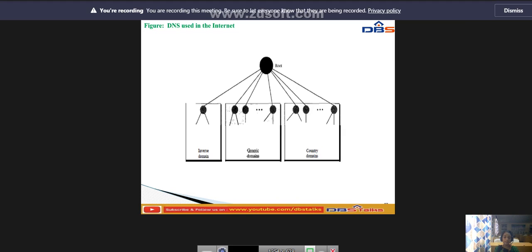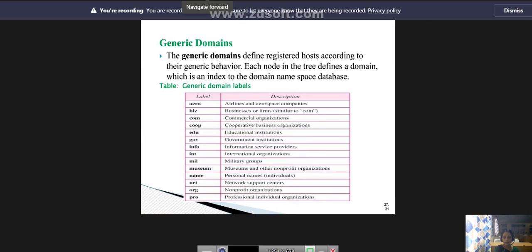Next I have the generic domain labels table: Aero, Biz, Com, Coop, Edu, Gov, Info, Int, Mil, Museum, Name, Net, Org, Pro. These are the different labels we use in the domain namespace, and these are the descriptions.